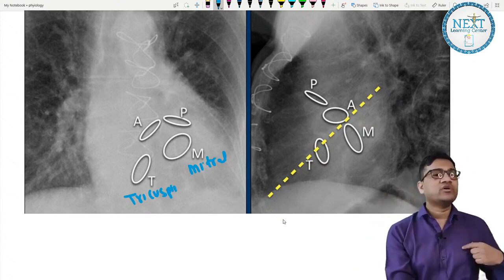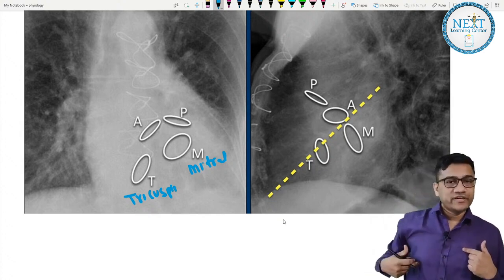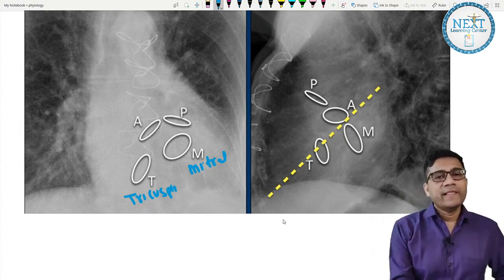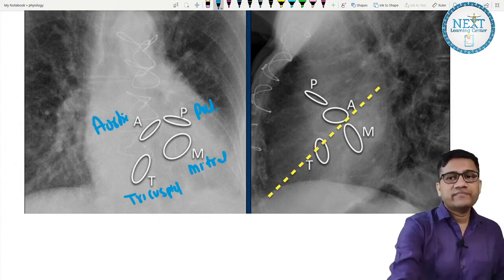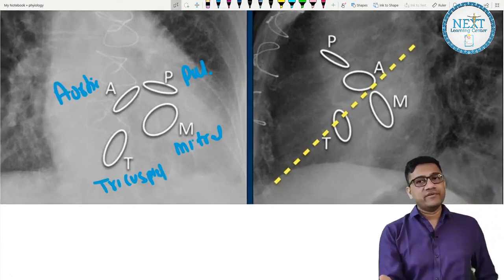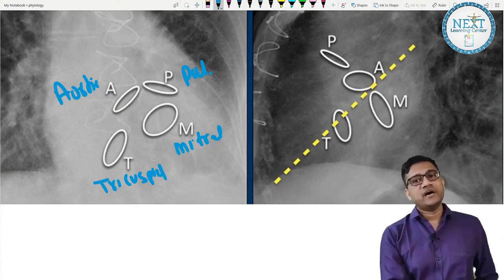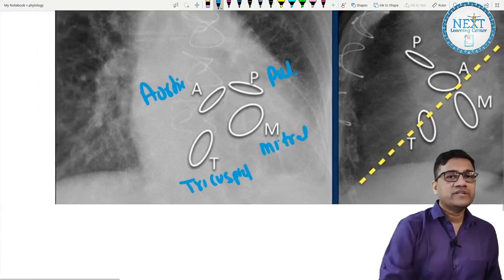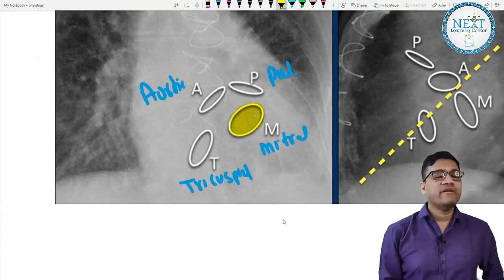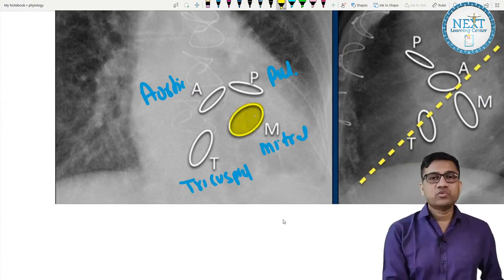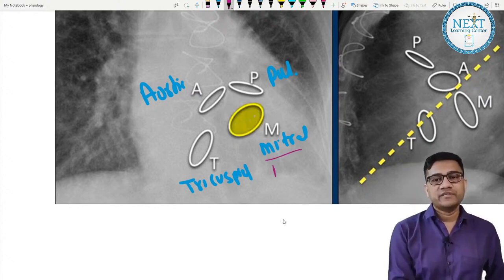So this is the second intercostal space where you can auscultate. So fifth intercostal for mitral, second for this. This is the pulmonary valve and this is the aortic valve. Clear? So these are the valves. And this is the view from the other side. So here again mitral, tricuspid, pulmonary. So these are the views for the X-ray of the valves. So this is which valve? Mitral valve. You'll see a ring here, that is the mitral valve prosthesis. So again this question was there in the exam, a mitral valve MCQ.